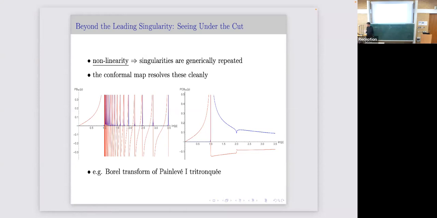Okay, so here's a plot of the Painlevé I tritronquée solution. On the left is if you just do Padé, you see that you resolve the leading singularities, normalized to 1, but beyond that, you get this complete nonsense of random poles that are not supposed to be represented in the graph. Whereas if you first do the conformal map, then you resolve more of them with some number of coefficients. So again, the conformal map does two things: it gives much better precision near the branch point and helps you resolve.